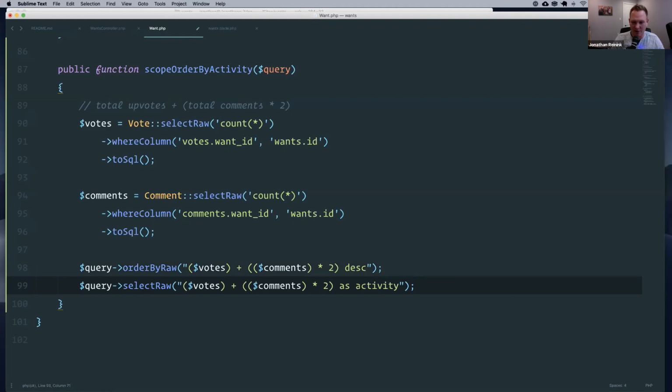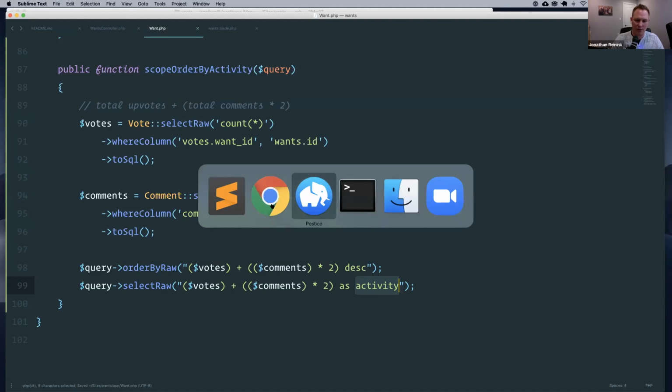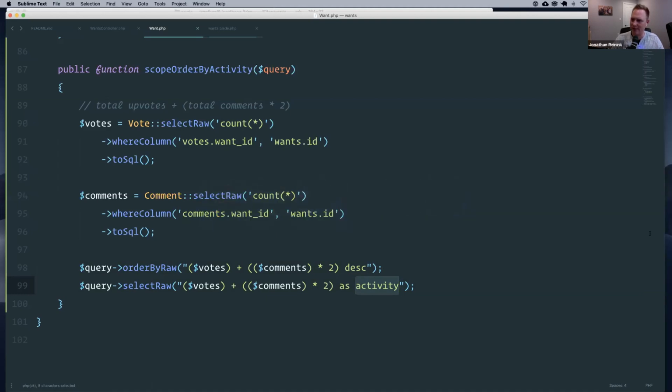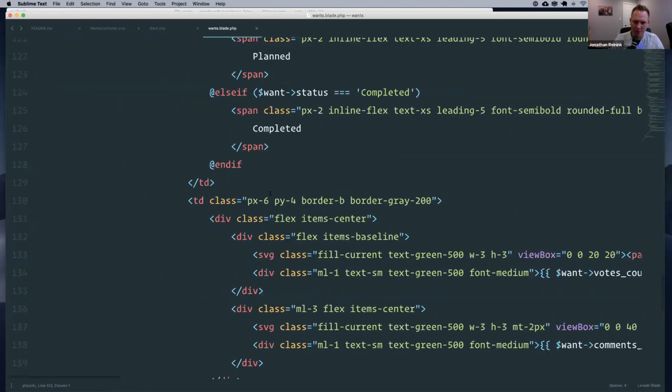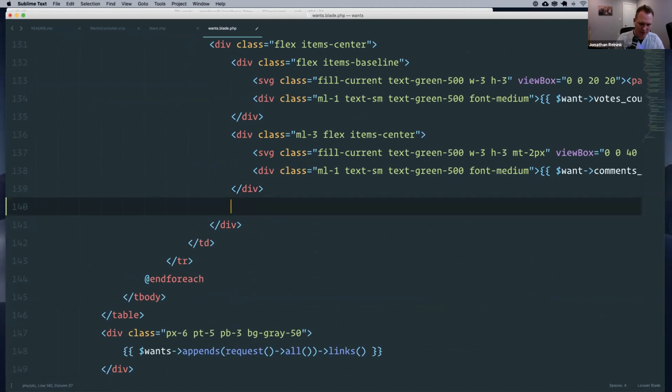So I'm just going to do the exact same thing. We're going to alias it to the activity column. And what we'll do is we will also go to our want blade template, and we'll go to where the votes and the comments are shown, and we'll just, real messy here, inline this to just kind of prove it to you. Want